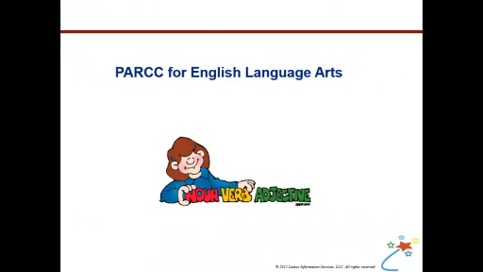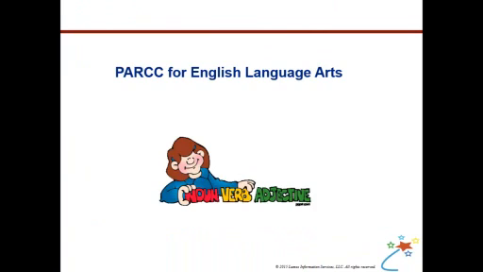So now that we have an overview of PARCC, let's delve a little deeper and explore how English language arts looks through the lens of PARCC. The PARCC assessments reflect the Common Core state standards. So one of the best ways to prepare your students is to ensure that your daily instruction aligns with the core. With that said, there are 3 key shifts that may differ from how English language arts standards were taught